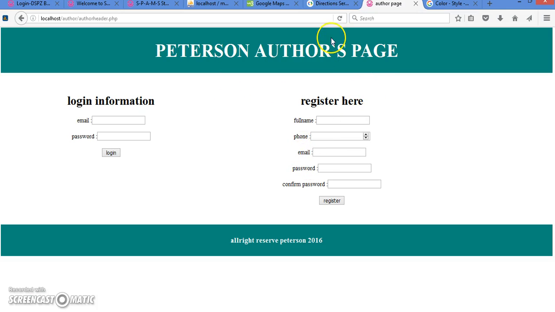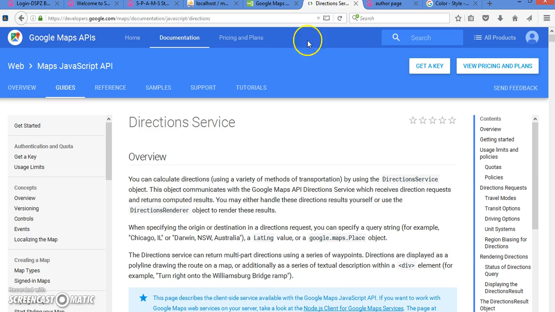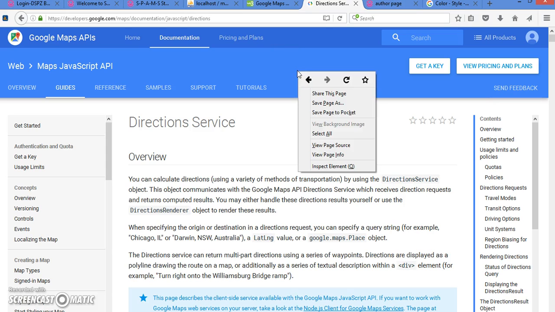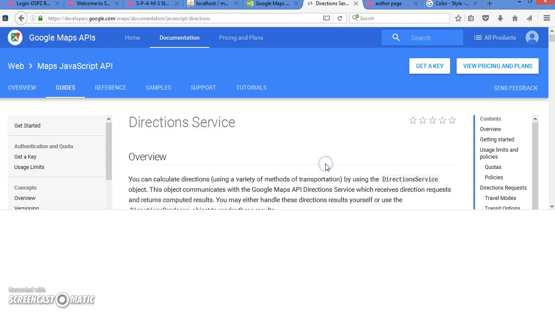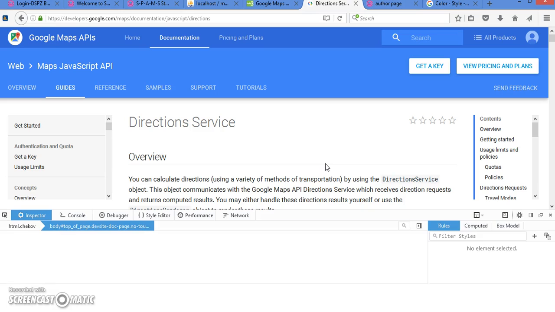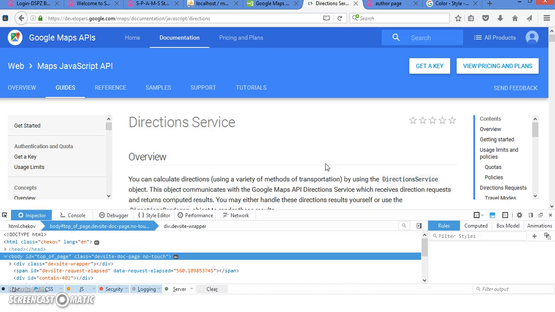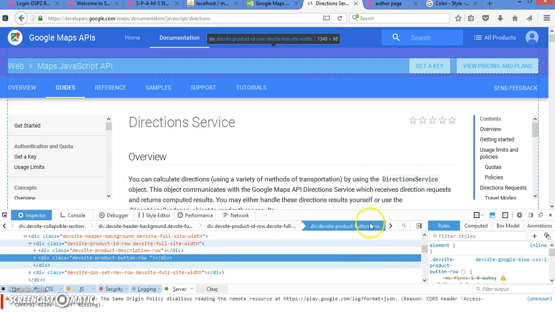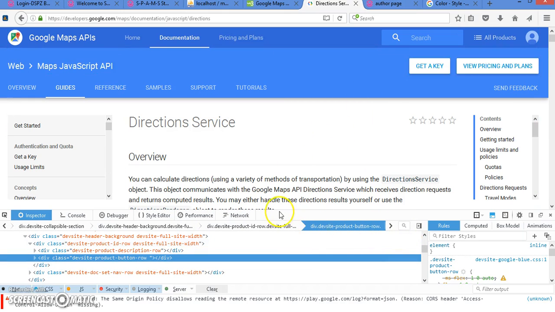Now another way to get color codes is, assuming you are browsing this website and you like this color, if you want to get the color code, you just right click on it and click on inspect elements. Now what this means is you are inspecting the code that makes up this design. Now if you come to the CSS code,